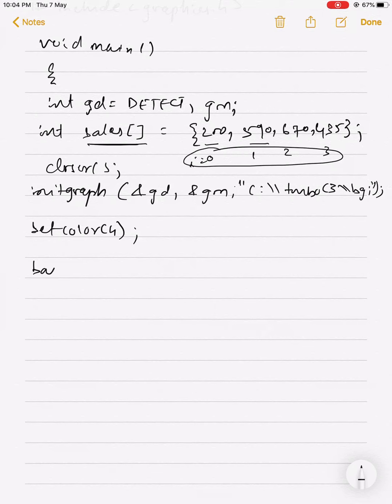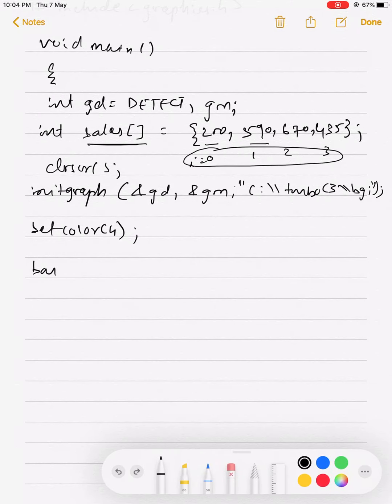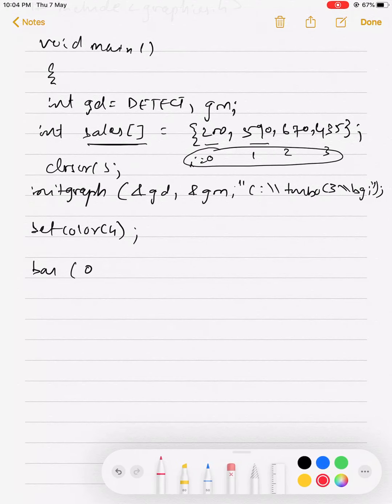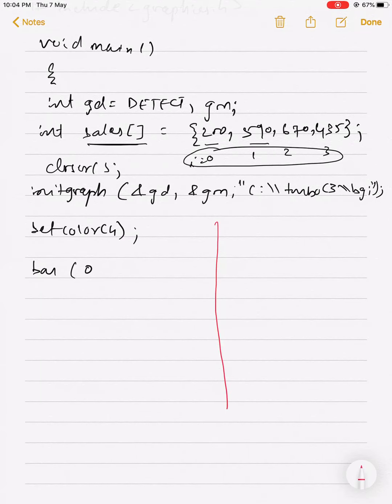So I have to go for a loop. I want to draw a bar graph, not a 3D one, let's say a 2D one. So for the 4 values I need the top left coordinates and the bottom right coordinates. I will start from 0.